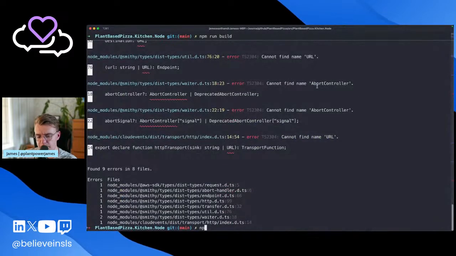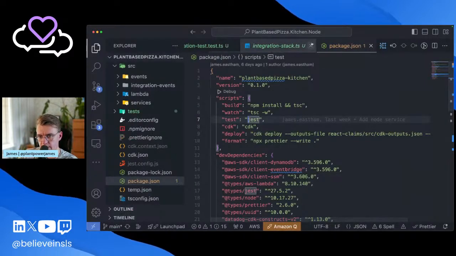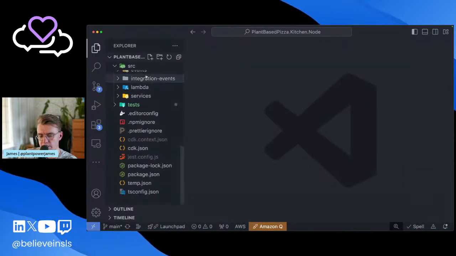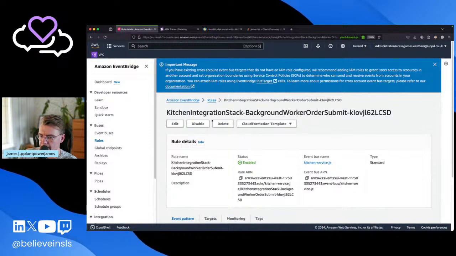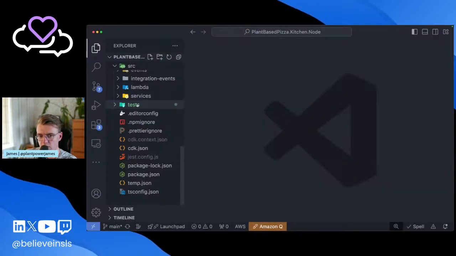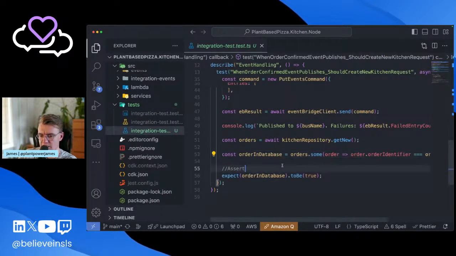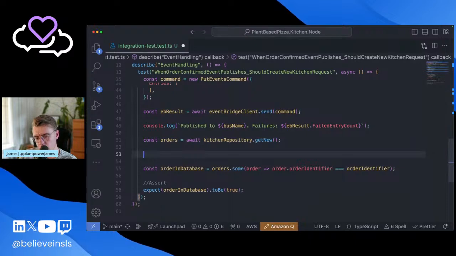But anyway. So now if I do npm run test, I'm expecting this to fail, actually, because it executes so quickly. And because we're publishing to EventBridge, and this request has actually got to go from EventBridge to SQS, from SQS to Lambda, it's not making it all the way through. It's too slow, basically. So my test is going to execute immediately. It's immediately going to check if my order exists in the database, and it doesn't at this moment in time because it's probably still in the ether of AWS managed services somewhere. So what I'm going to do,